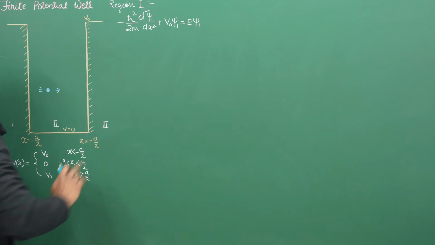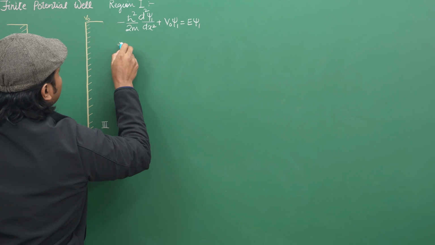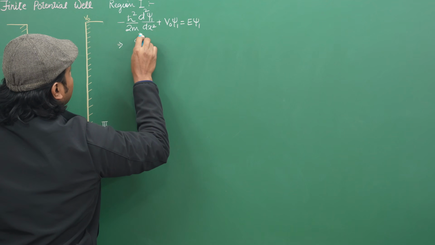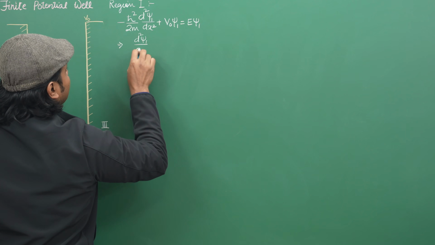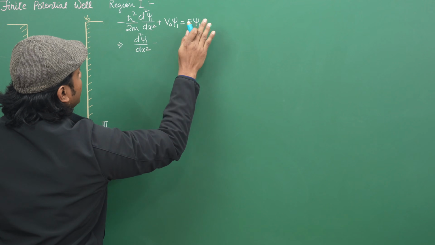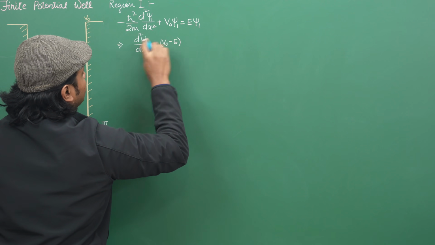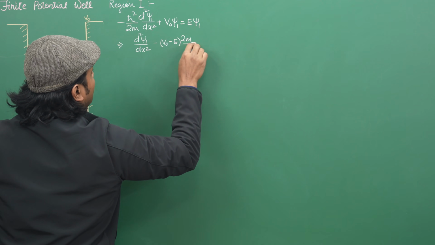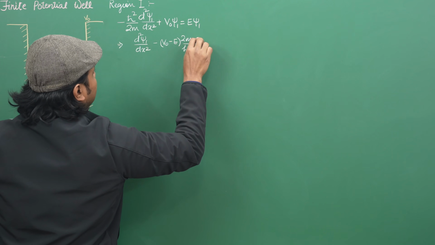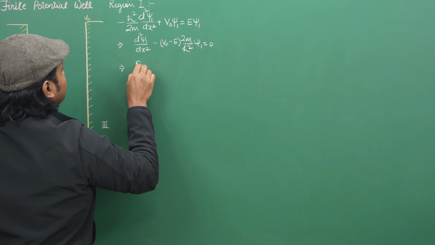Quite simply, this is the time independent Schrodinger equation that can be further simplified as d2 psi 1 upon dx2 minus (V0 minus E) 2m upon h cross squared psi 1 is equal to 0, which takes the shape of a very standard differential equation,